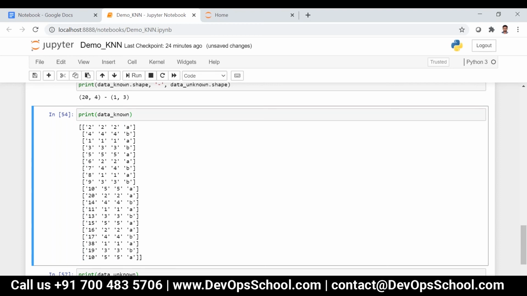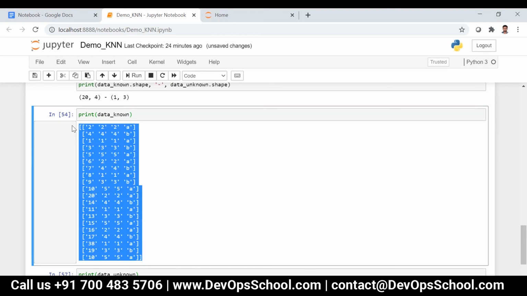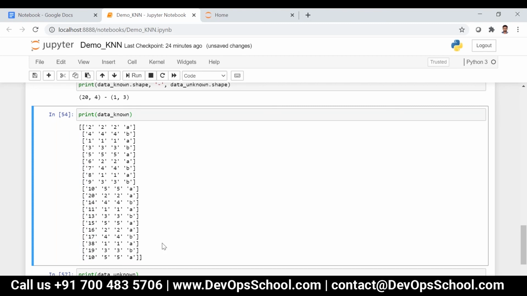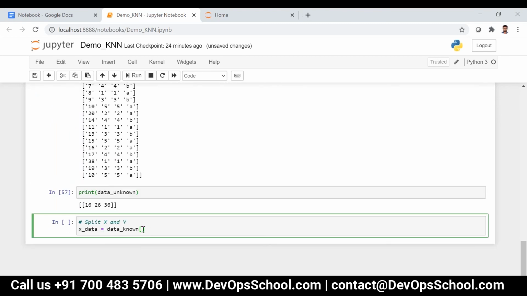So I can write colon, comma, colon -1. First is for row index, that is all the rows, and then colon -1, except the last column, everything will be considered.